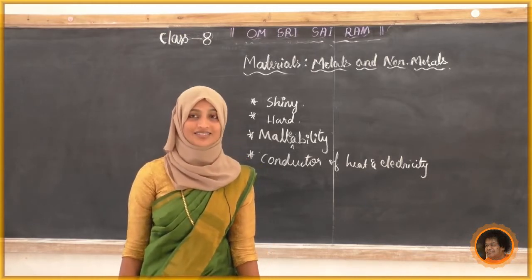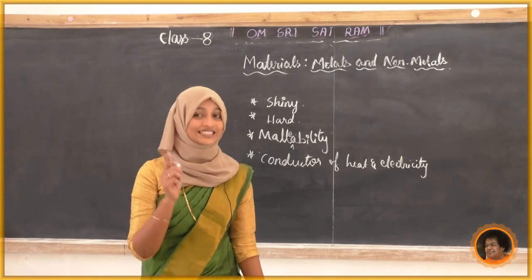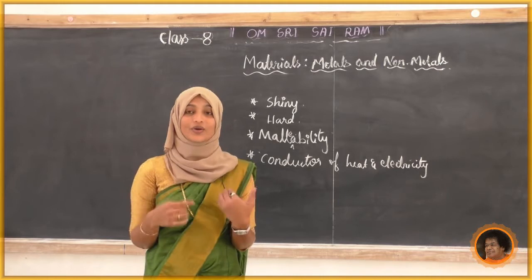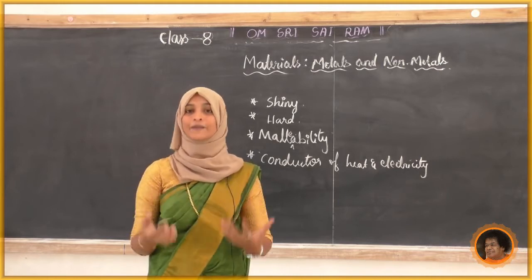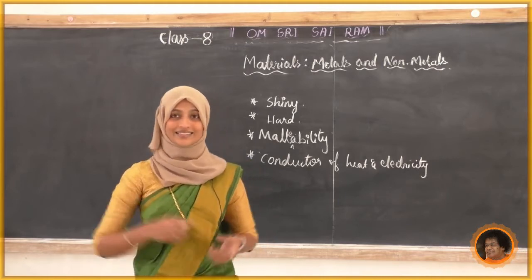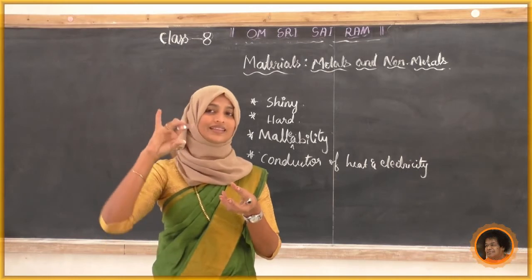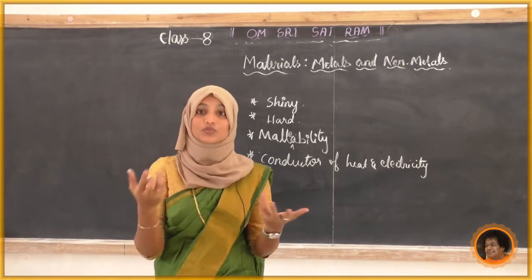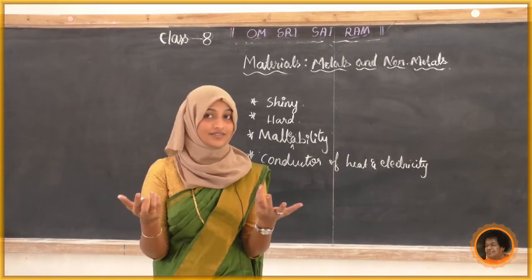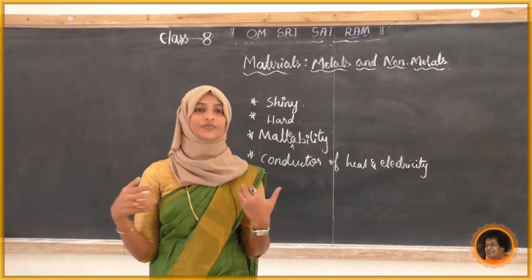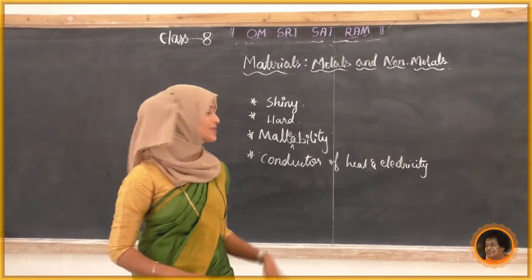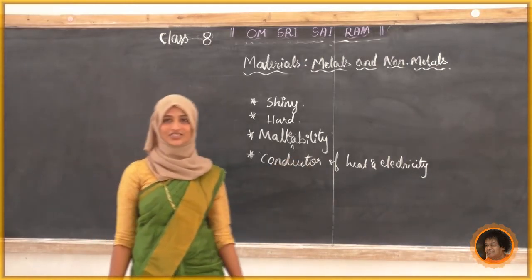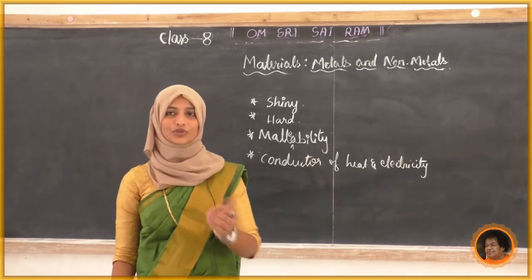Because metal is going to conduct heat and electricity. To avoid that heat and electricity, they are using plastic handles or else a fiber handle. Otherwise what will happen? Yes, it may give shock to us, no? Yes. So that is one more physical property, that metal is a conductor of heat and electricity. Yes, come to know, no?